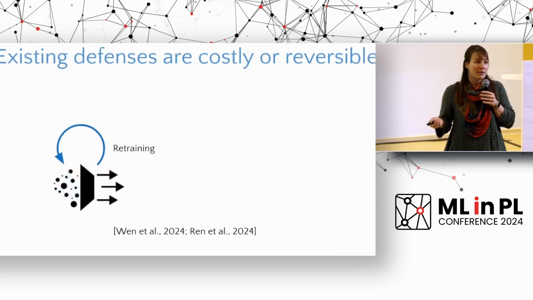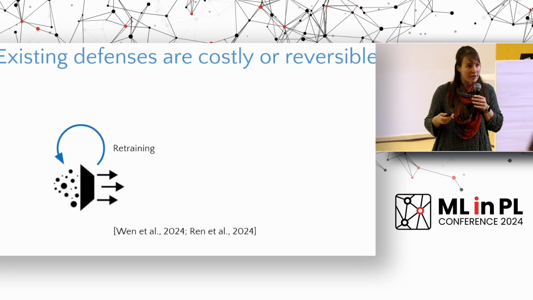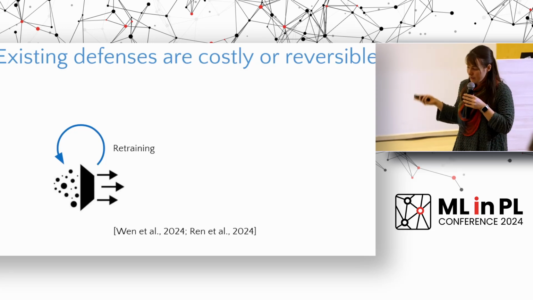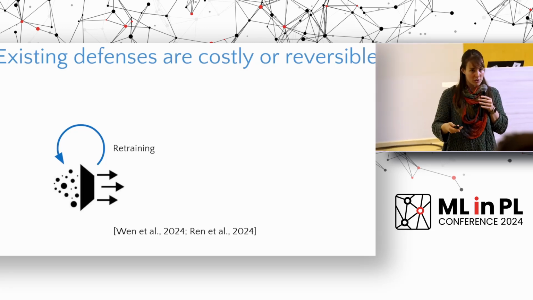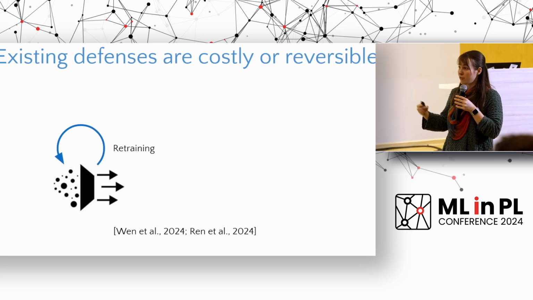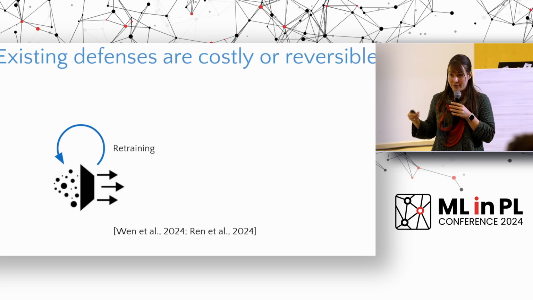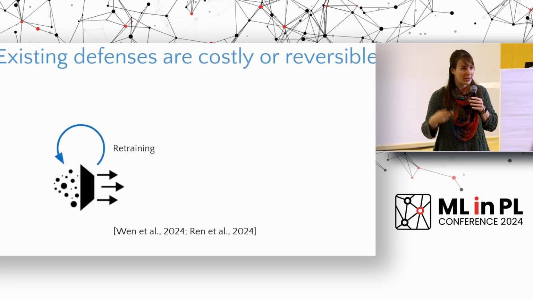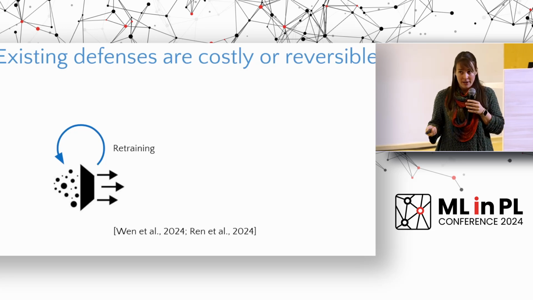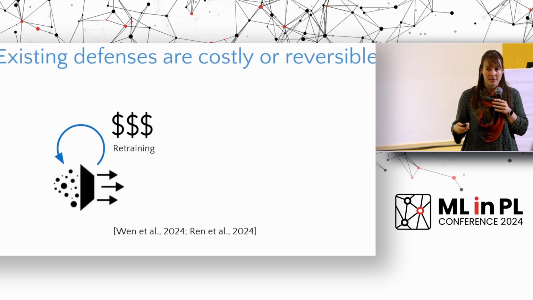What has been done in the past focuses mainly on two different types of defenses to prevent the memorization. The first type was about retraining the model. What you basically have to do is train your whole diffusion model from scratch, and then generate a lot of images. You identify which images are regenerated, and so they must be memorized. Then you remove them from the training set and you train from scratch. As you can imagine, this is a super costly venture, because even one training run of a diffusion model is already very costly.